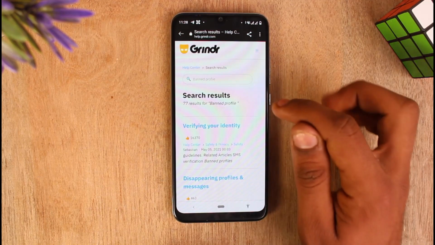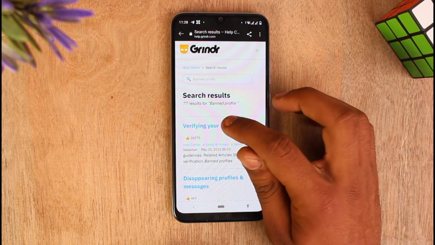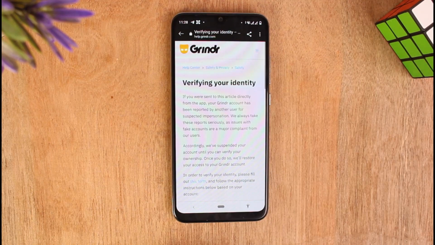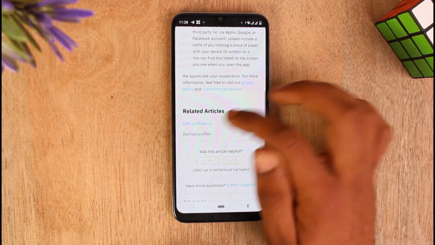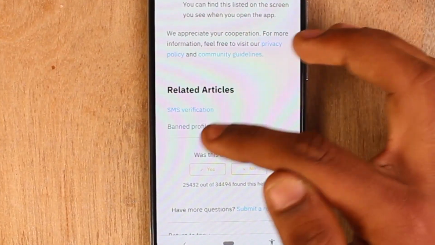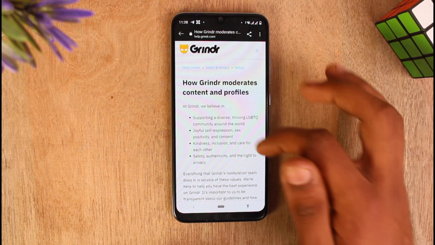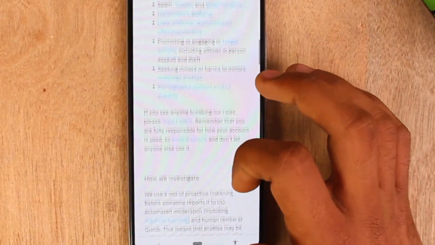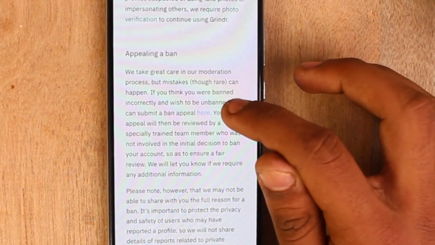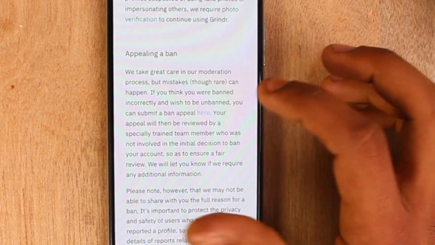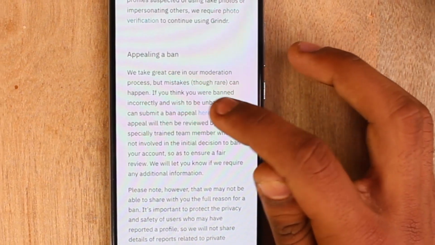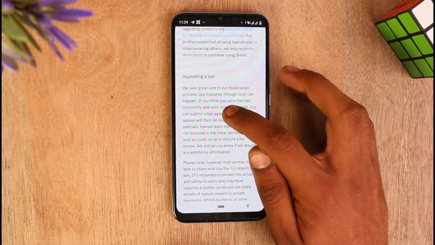and tap on the first option that says verifying your identity. Just tap on it and scroll down to find related articles, and you can see the option that says banned profiles. Just tap on it and again scroll down, and you can see there is an option that says here, which is between the lines, on appealing a ban. Just tap on the option that says here,